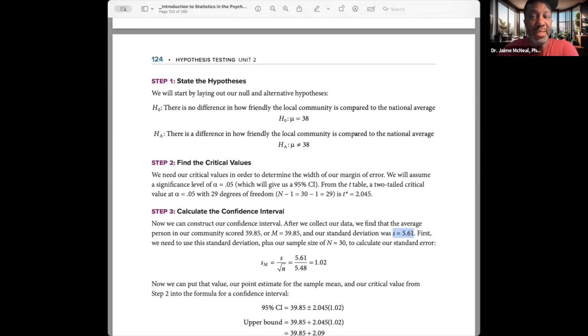But my goal here is to demonstrate and to show you how we're using a confidence interval to tell us whether to accept or reject the null hypothesis. Up until now, we've been using the t-test and we draw out our curve, we make the rejection zone, and if the t result or the t obtained is in the rejection zone, then we reject the null hypothesis. If it's not, then we fail to reject. But we can do the exact same thing with a confidence interval. So let's take a look at that.